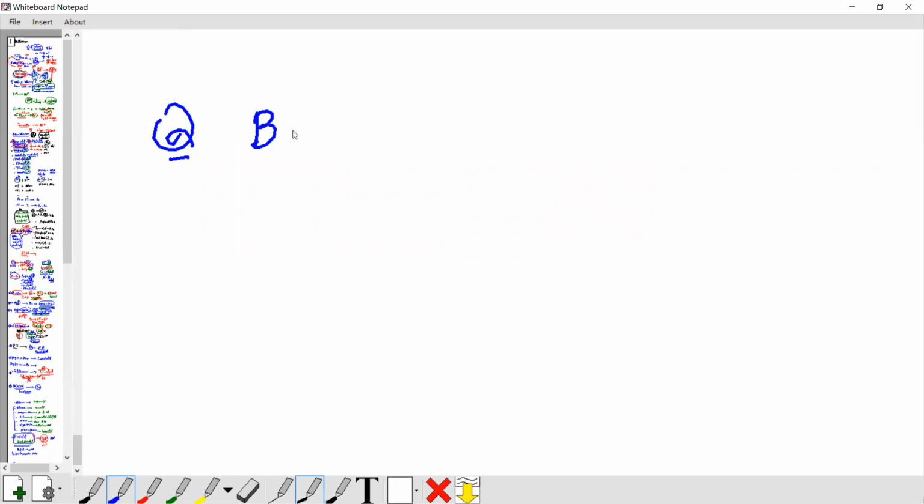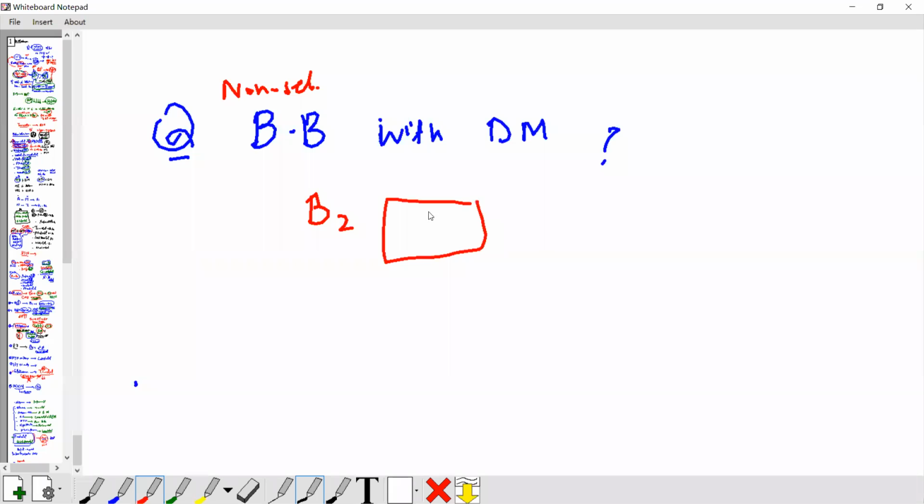Interaction of beta blockers with diabetes. What happens with a diabetic patient? If you are using a non-selective beta blocker, where is the beta 2 receptor present? On the alpha cell. The alpha cell releases what? Glucagon. So if you block it,